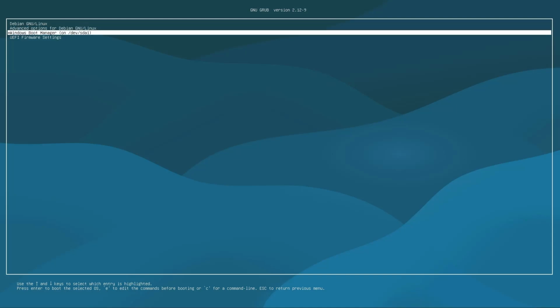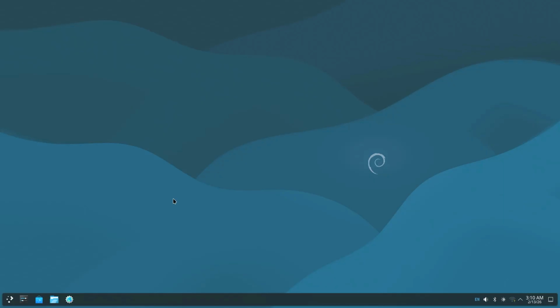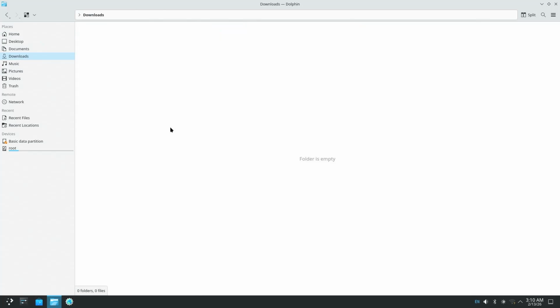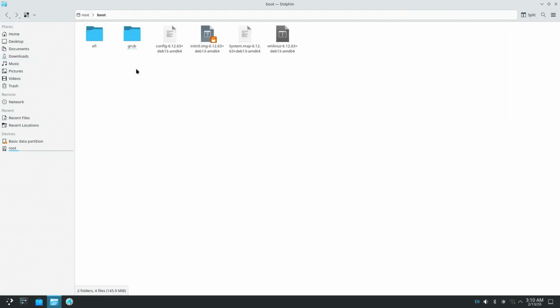So before fixing GRUB, I'll first have to break it. So I'm going to go into Debian. Now I'm going to open up Dolphin or File Manager. And I'm going to go into my /boot directory. And we see there's a GRUB folder, so I'm going to go into it. And in this folder, there are all the files for GRUB, and here's the main configuration file that GRUB reads